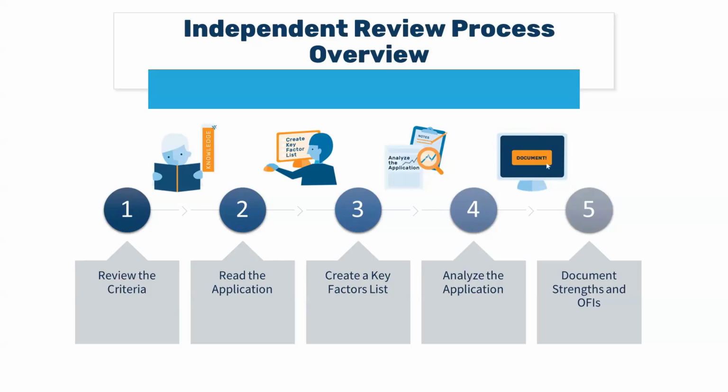So as we know, the independent review process is made up of 5 steps. So far, you should have reviewed the criteria, read the application, maybe even completed your key factors list, and then you started in on analyzing the application. So let's talk through